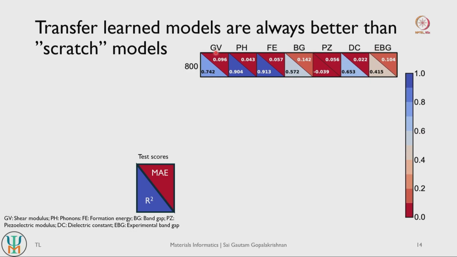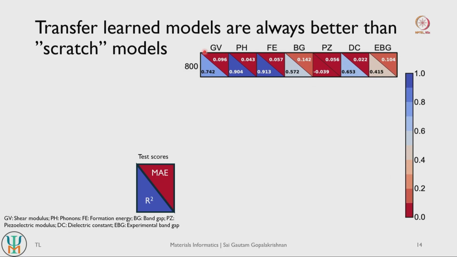So basically we can explore whether transfer learning is useful compared to scratch models by considering 7 by 6 combinations of pairwise transfer learned models. You have 7 properties, so for shear modulus here you can consider pre-training with shear modulus and then fine tuning on each of these 6 different properties, and the same thing for phonon frequency, the same thing for formation energies and so on. So you basically can have 7 by 6 or 42 different transfer learned models. If all of those transfer learned models show better performance than your scratch models, then you establish that transfer learning definitely has utility compared to just training models from scratch.